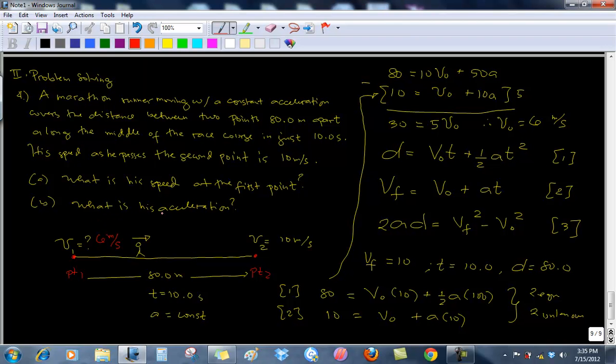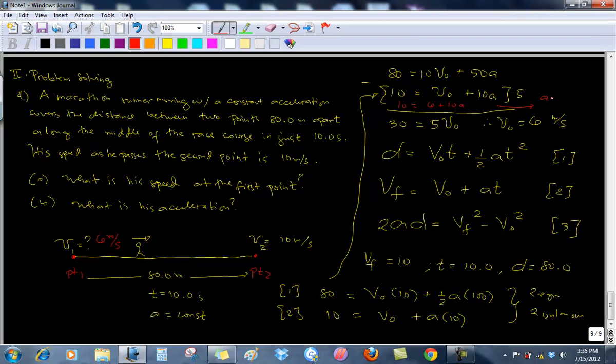Second question is, what is his acceleration? Well, na-solve naman ang V0. You may choose any of these equations to solve for A. Pareha ra ang masolve. So, i-substitute lang ang V0, then you solve for A. For example, in equation 2, 10 is equal to V0 plus 10A. So, V0, gamiton mo 6. So, that's 10 equal to 6 plus 10A. Therefore, makuha nimo diha nga